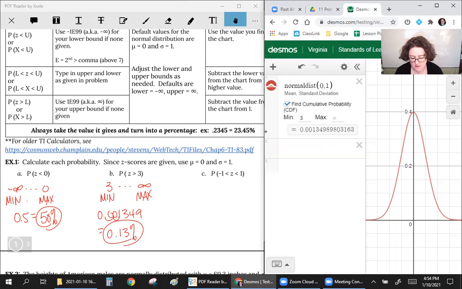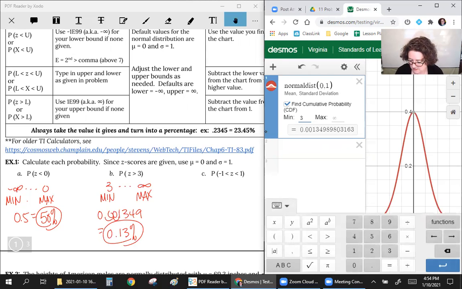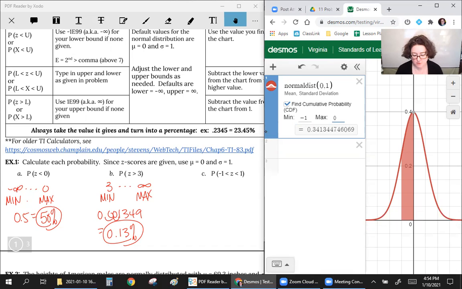Okay, last one. Probability that our z-score is between -1 and +1. Again, that's just our min and max that we're going to type in. So again, change the minimum so it's a -1. Maximum, so it's a 1. So there you go. It's even shading it in for us. So again, this was our min, this was our max, and it spit out the value